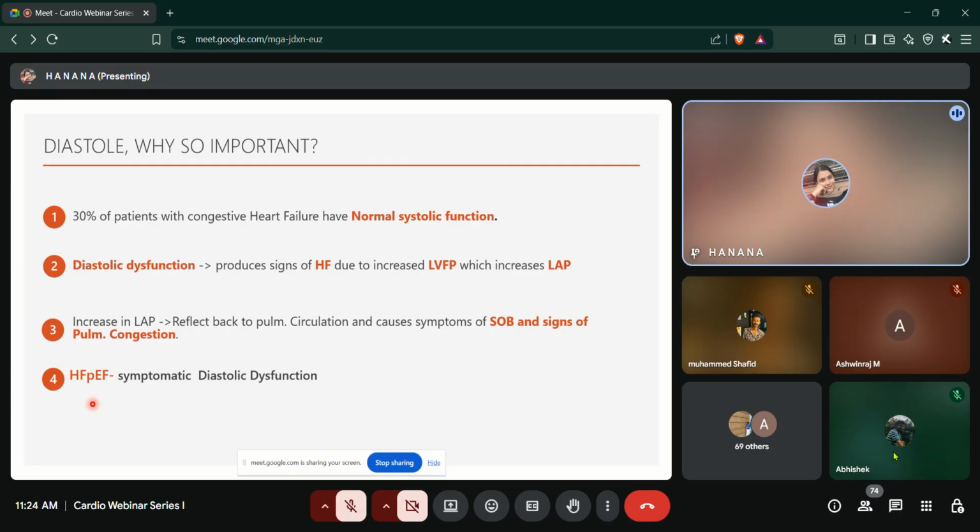The patient may have reduced ejection fraction also, along with the